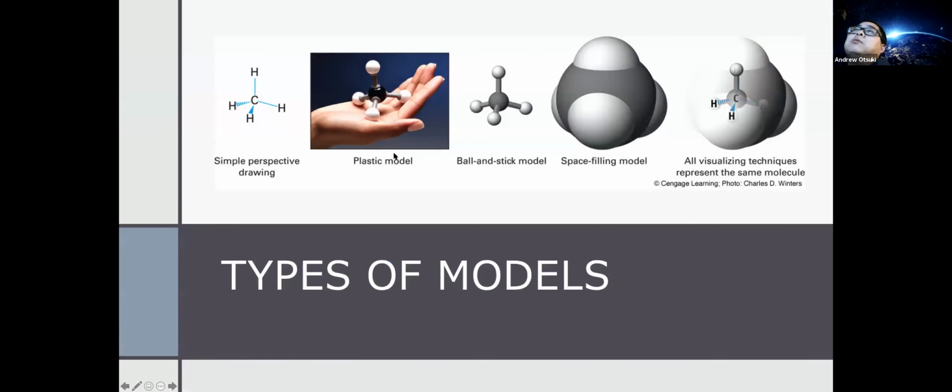So the most common ones we know are the ones we draw on paper in your OChem exams, OChem homework, the plastic models we build, and these are the models we commonly see in computer programs, thanks to people who've developed technology to help us study chemistry. So this is space filling, and this is kind of representing what these atoms mean. So the different colored atoms represent an element. Gray or black is usually carbon, and then